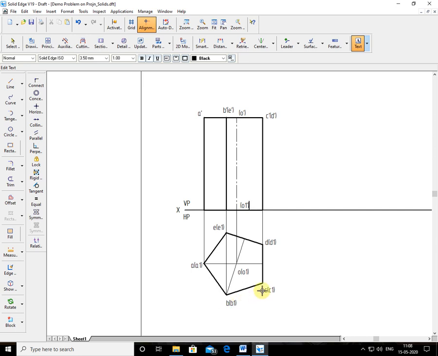So A1 is coming here. So I click here. It is A1, A1 dash. Here see, B1 is seen, E1 is hidden. So in the front view, B1 is seen, E1 is hidden. So it is B1 dash in bracket E1 dash.